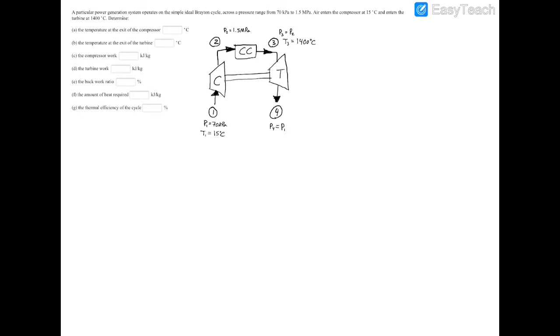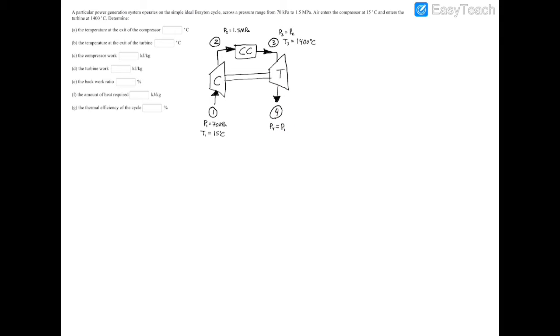All right, so in this example, we're working with an ideal Brayton cycle. And so we have air entering a compressor at 70 kilopascals and 15 degrees Celsius. It then enters into a combustion chamber and then it exits out into a turbine. And when it enters that turbine, we have a temperature of 1400 degrees Celsius and it exits the turbine at